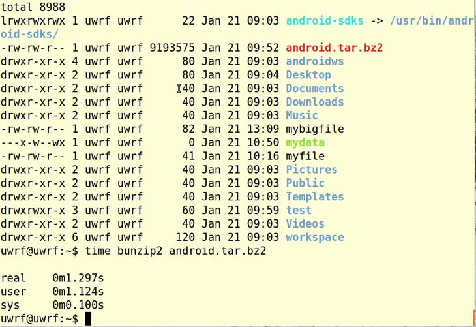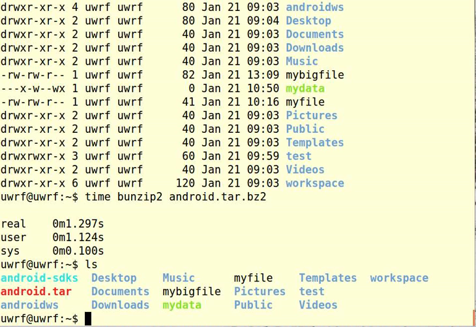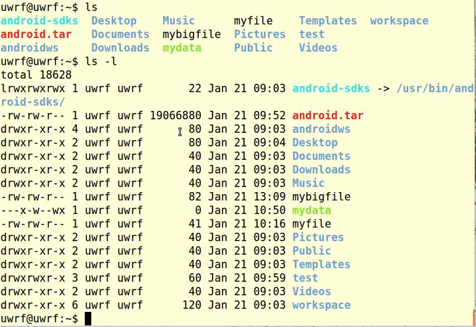One last thing I want to talk about, I think I forgot to mention this, for untarring. So let's say you had a gz file or a tar.gz file or a tar.bz2 file. The first thing you want to do is unzip it. So in the case of bz2, you use bunzip2. If we had a tar.gz file, you would use gunzip, same kind of thing. Now let's say you want to extract the contents of this tar file. Okay, so what we have now is this 20 megabyte file,